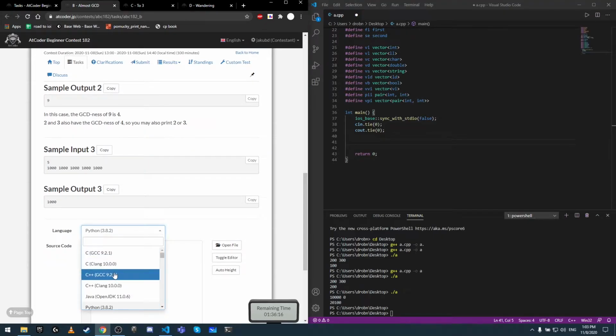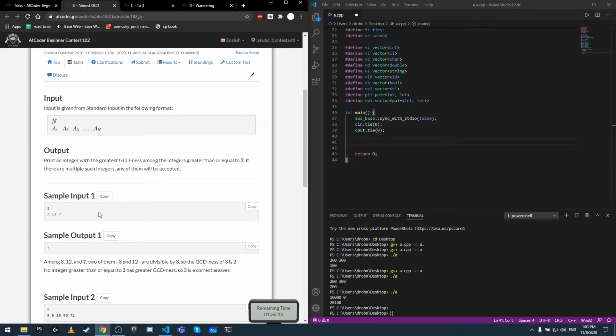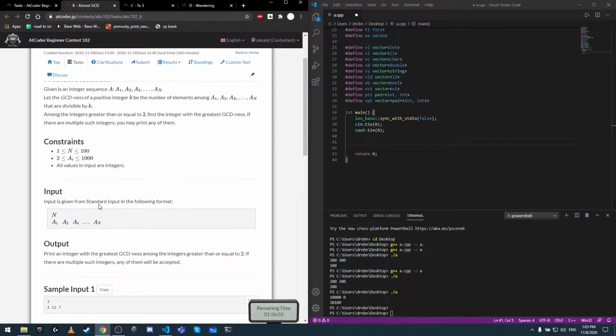Why is it set to Python? But how to do it? For 1000, okay, then it's nothing. Okay, then we can do brute force for each of the numbers. That's easy as for. Okay, so